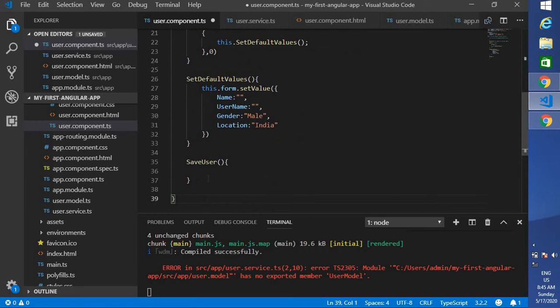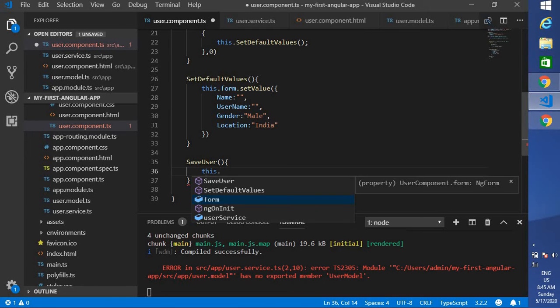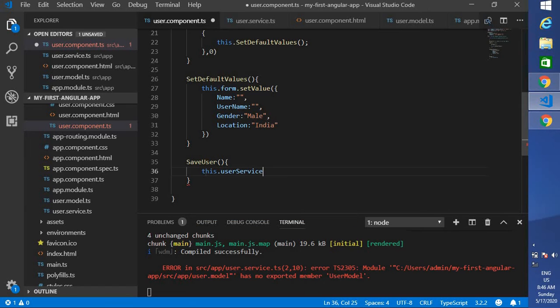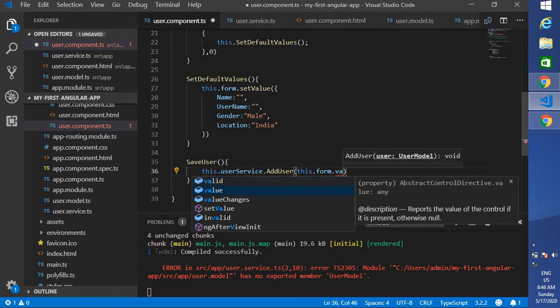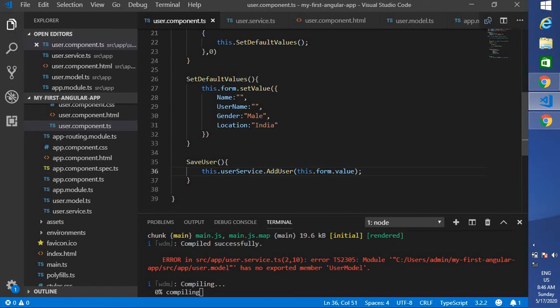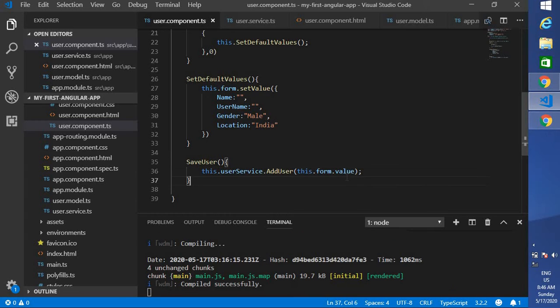Now come here. In the save user, what I'm going to do is this dot user service dot add, and I'm going to pass a parameter, that's nothing but a user model. So I can pass this dot form dot value. You may wonder why I'm passing form dot value directly and why I'm not typecasting.